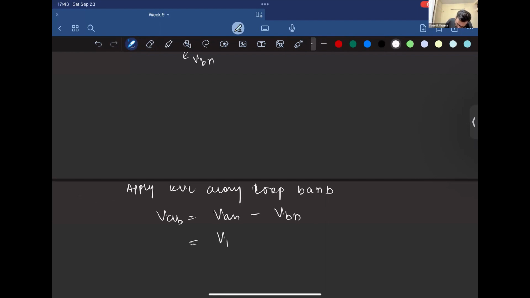So we know VAN is represented as VP angle 0, right? And VBN is displaced and lagging by 120 degrees. So if you calculate it, what is it going to be? So VP angle